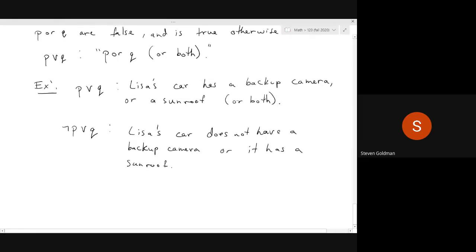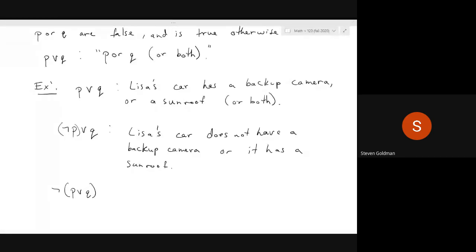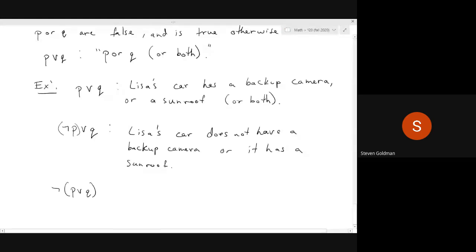Okay. I also should mention here at this point, whenever I write a negation, the negation only goes on what's immediately after it. So this is not P or Q, okay? If I want the negation to be on more than that, I'll use parentheses to clarify. So this is a different sentence. This is a different proposition than what I wrote above, okay? Because here the negation is on the entire sentence, okay? This would be the sentence